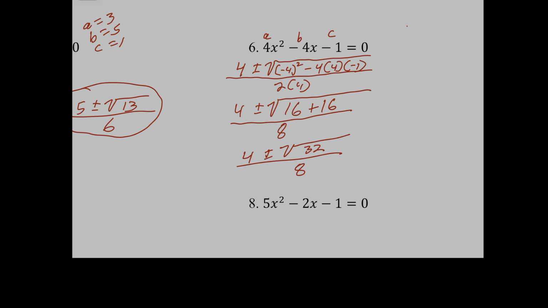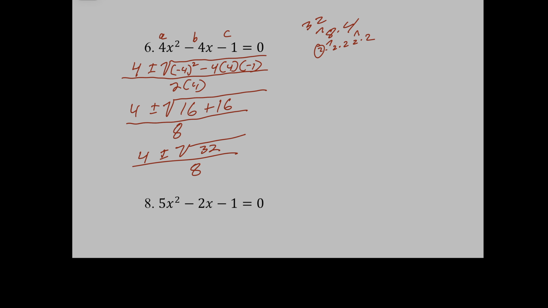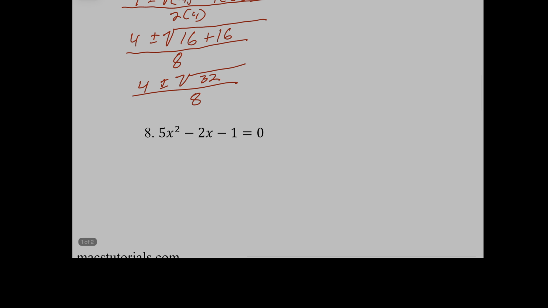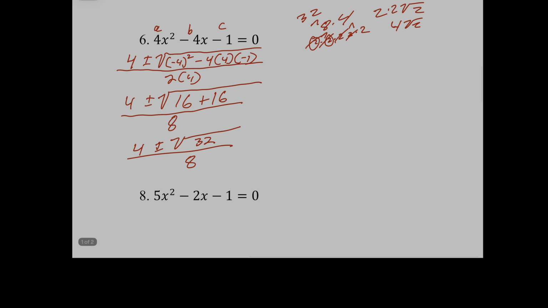Now let me break down 32 over here. 32, that's going to be 8 times 4, which is 2 times 2 times 2 times 2 times 2. All right, so I got 1, 2. There's a pair. There's a pair. The 2 is left over. 4 root 2. Okay, so this, I'll go over here, is going to equal 4 plus or minus 4 root